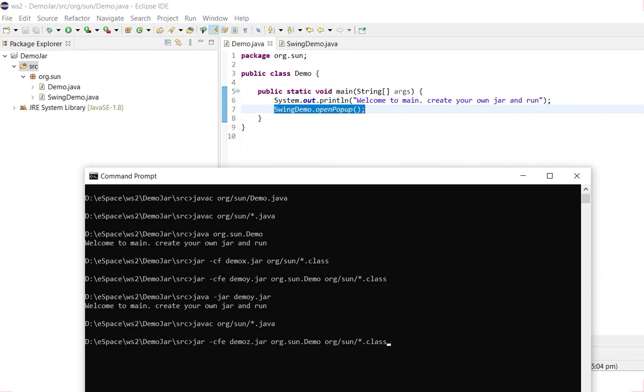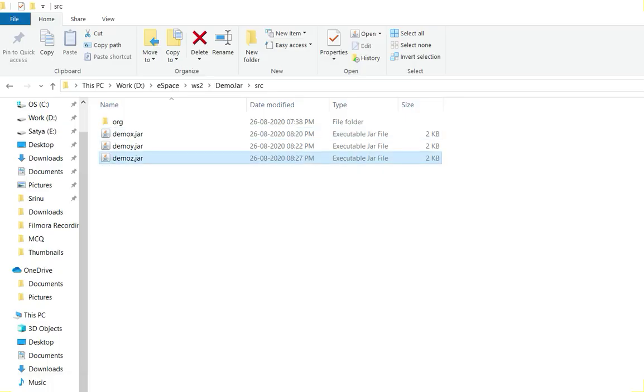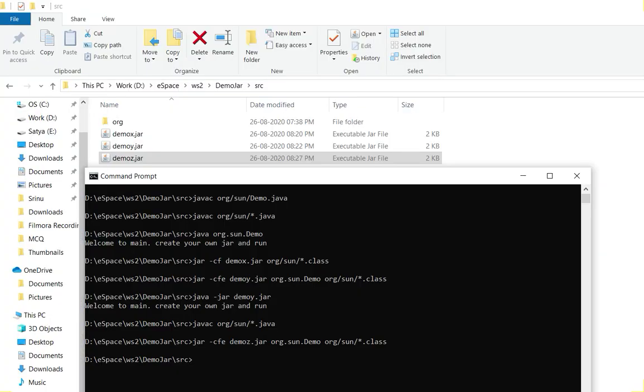Now demo.j.jar got created. Let me run that newly created jar file, demo.j. To run that jar file, we need to use the command java -jar and demo.j.jar. These three things we need to mention. Just press enter. So this is my swing pop-up which I included.